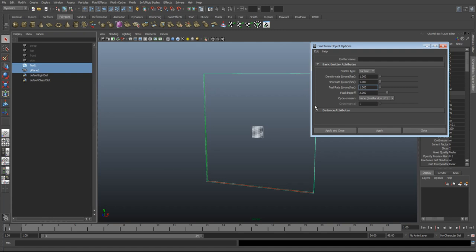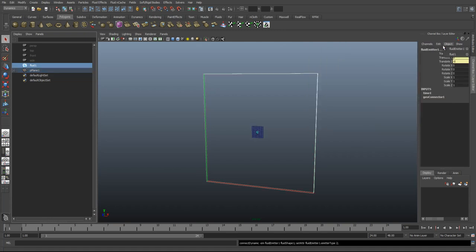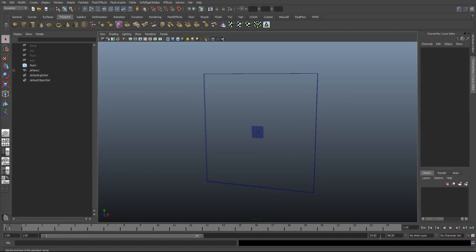So what we've got here is we're going to do this one at a time. So I'm going to put, I don't want any heat released and I don't want any fuel released, and the fluid drop off is how fast the fluid is going to drop off from the edges of the container. I pretty much always go with 0.25 unless I'm looking for something in particular, and we will get into the particulars more as we go along. And if I just hit apply and close now, there we go, just took a little bit of time,